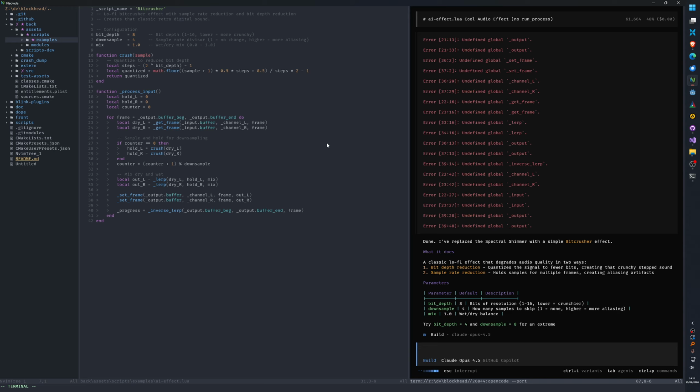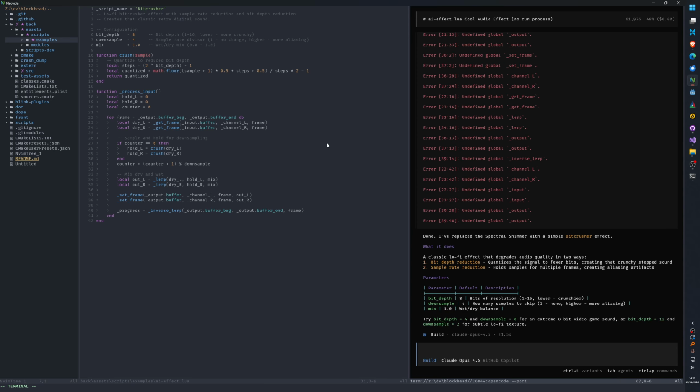I didn't want you to replace... is it not allowed to create files by default? Maybe not. Oh, it's fine anyway. I didn't want to keep that spectral shimmer. This is fine. It's a bit crusher. Actually, I will keep it, just for reference. I didn't want you to overwrite the old file.